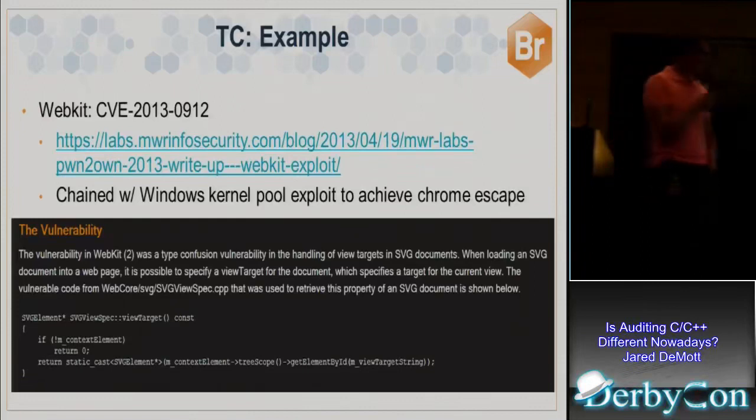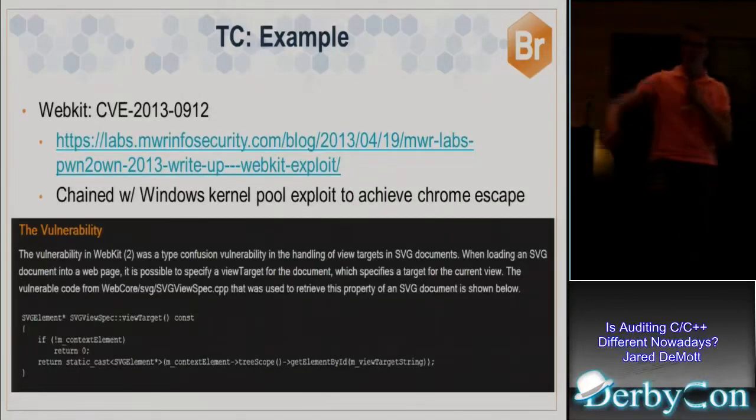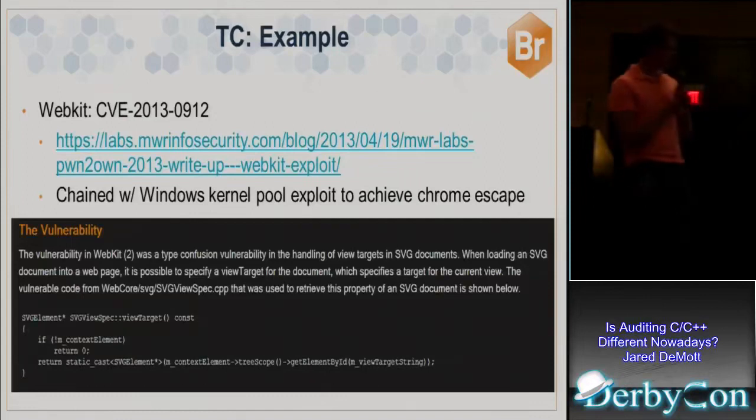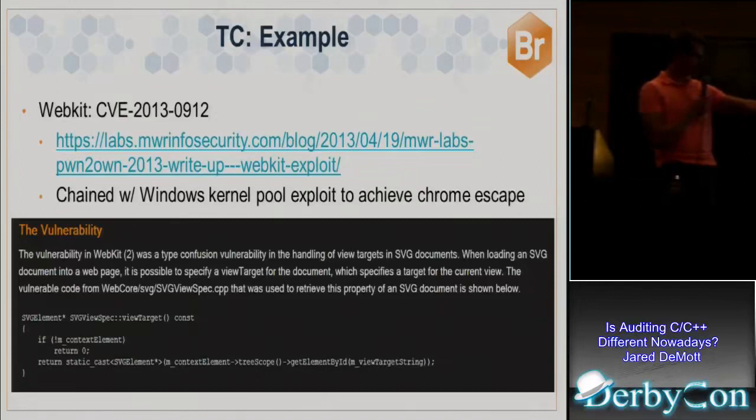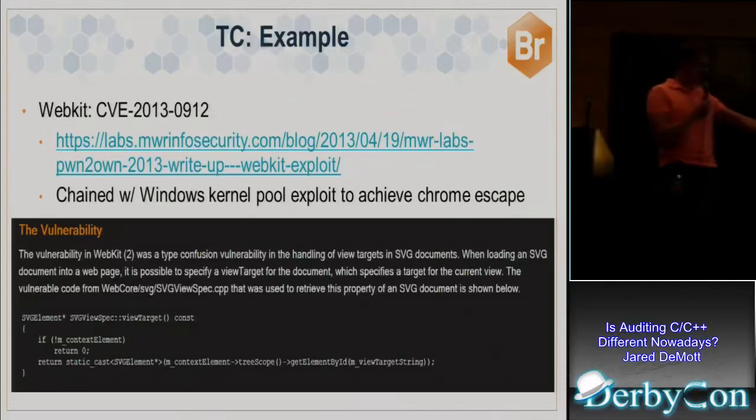Okay, so the basic idea is that there's some SVG document that you can supply, as a malicious website or whatever, and at some point they do this context element, tree scope, get element by ID on some portion of the document that you supplied on some string, and they assume that the return value, the WebKit code assumes that it's a SVG element pointer, and they static cast it as that.